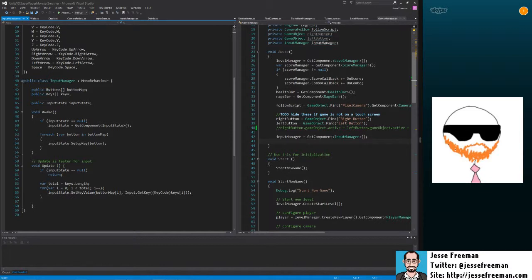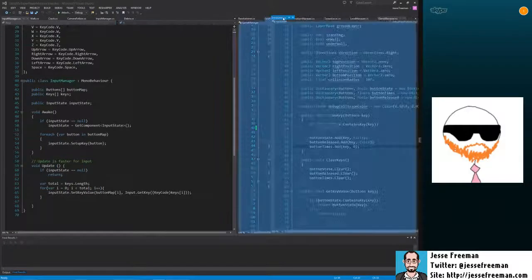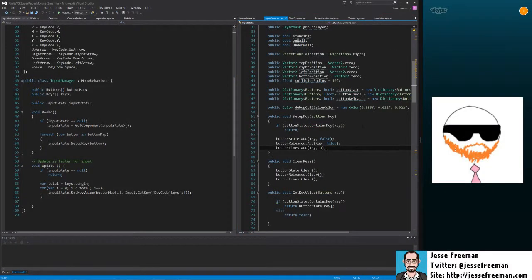So it needs to know. When will you ever need to know how long a joystick is half pressed? I mean, well, with a button, how long have you held the button, right? But